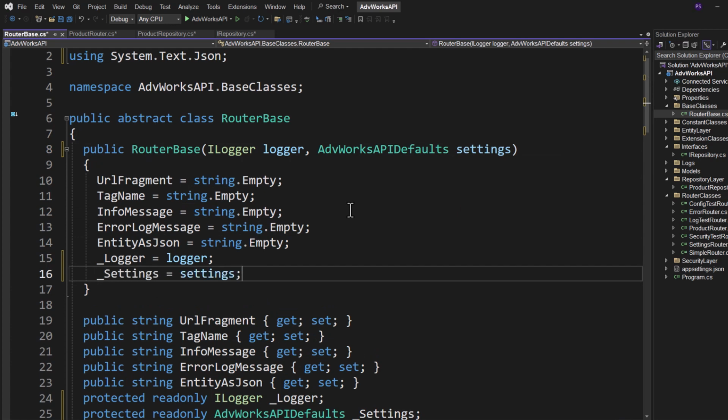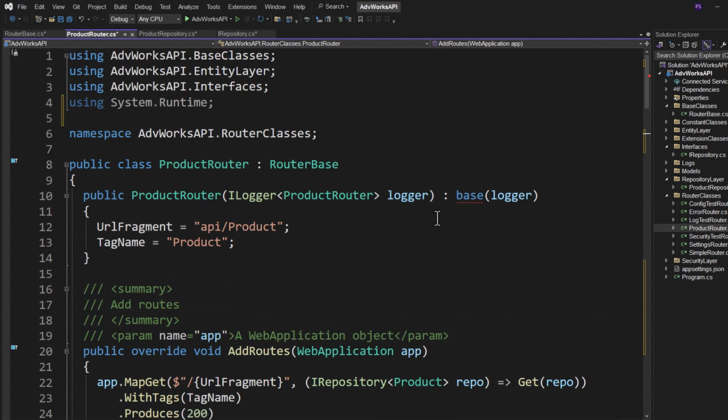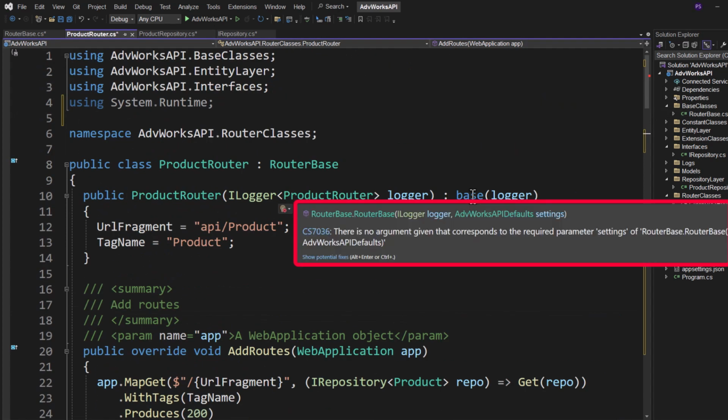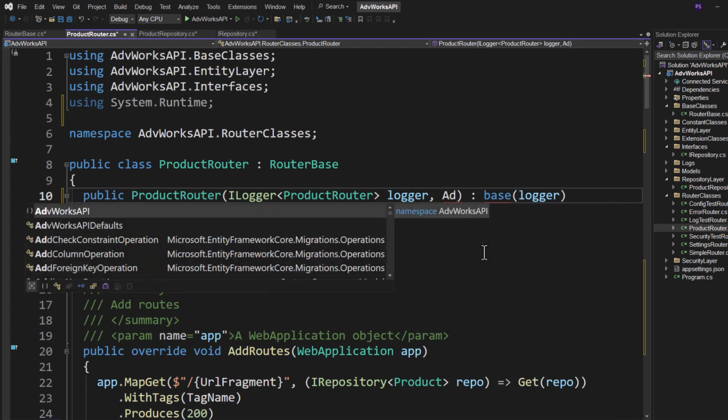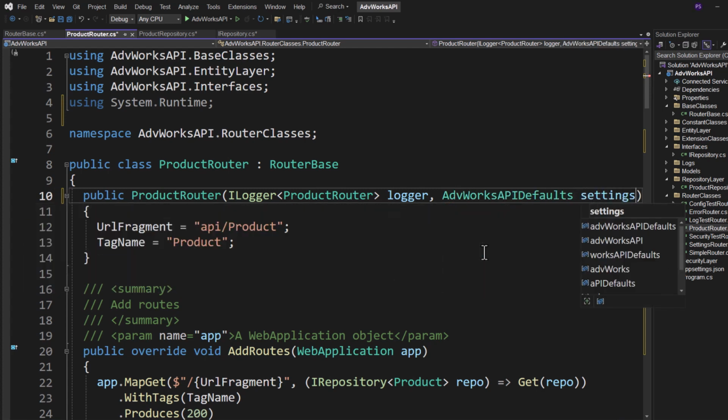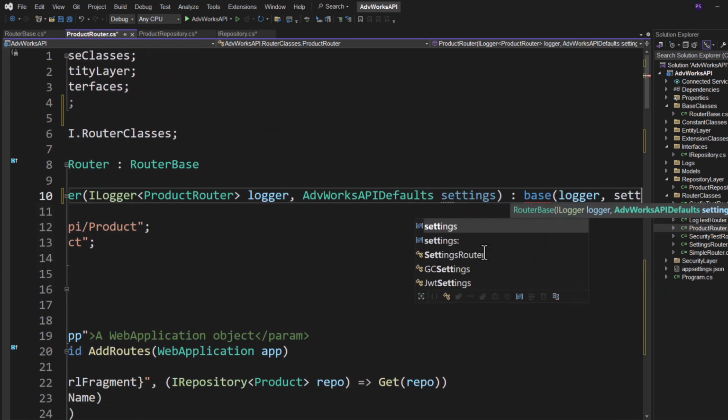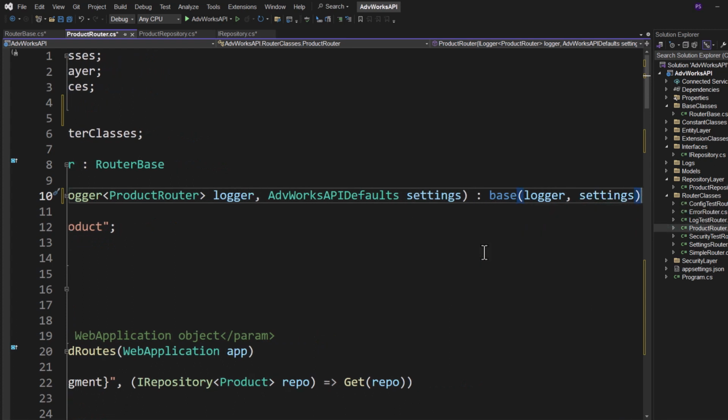Now, the problem is that right now, if we go back to product router and we take a look, you can see we've got a squiggly because it's saying, hey, wait a minute, I need this AdventureWorks API default. So we simply need to add this to the constructor and then pass it down as the second parameter here to our router base. If you were trying to compile right now,